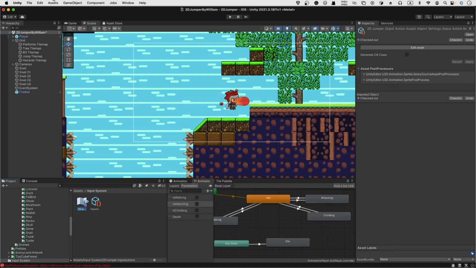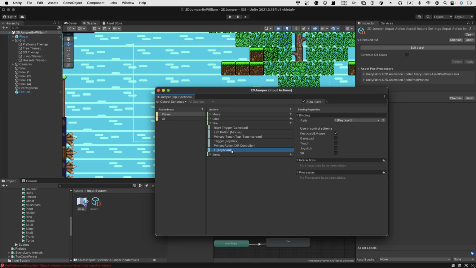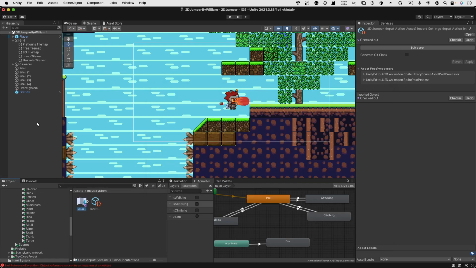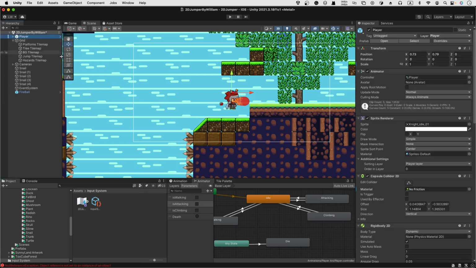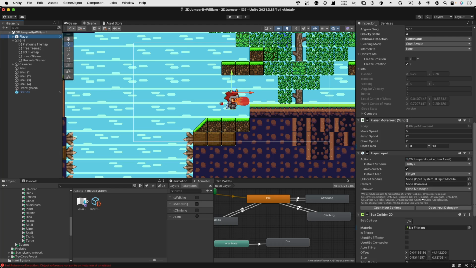Okay, so next time you open the input system, you will find this F keyboard. Okay, so F keyboard, you'll be on fire, and you can trigger the on fire. Okay, so behavior, I think we got the on fire here, so we can add in a